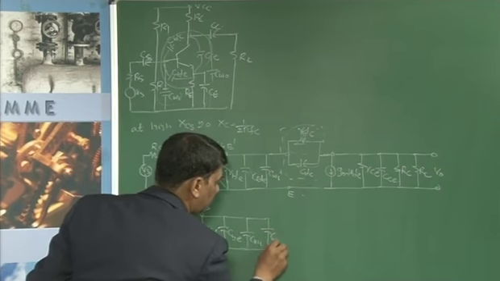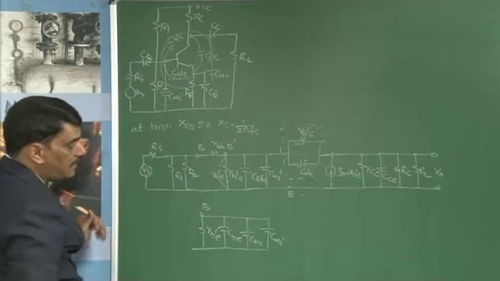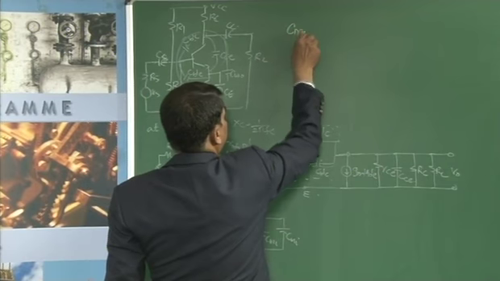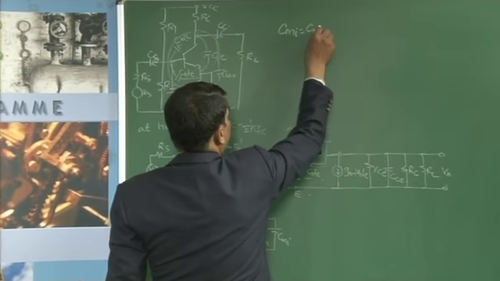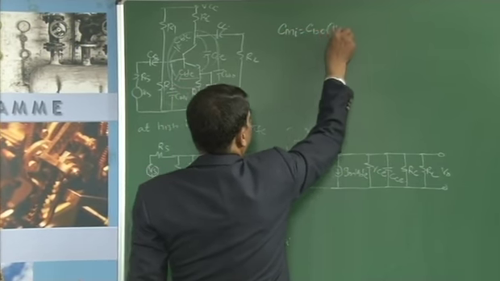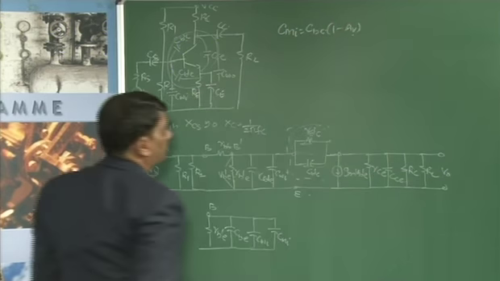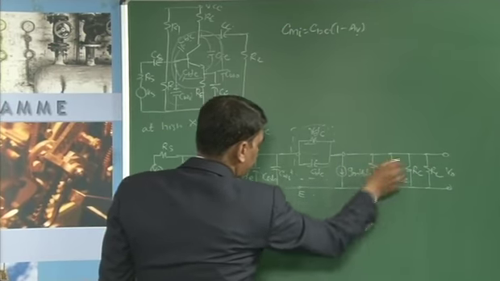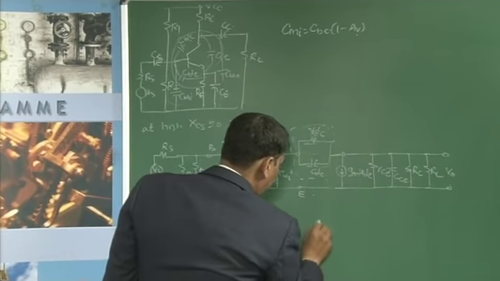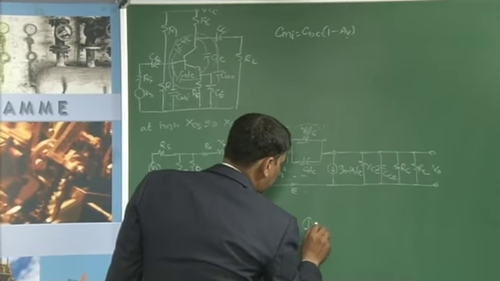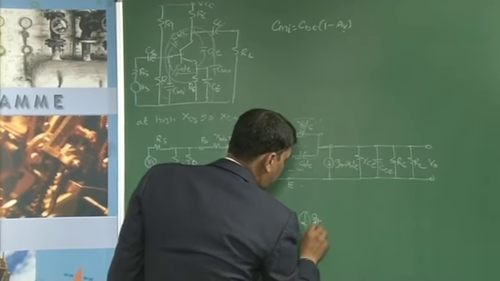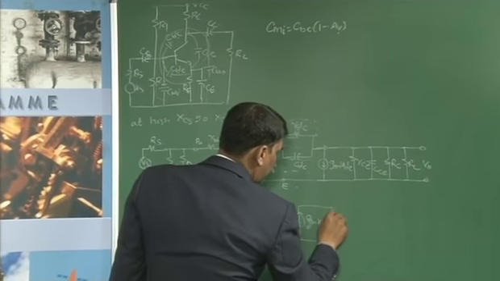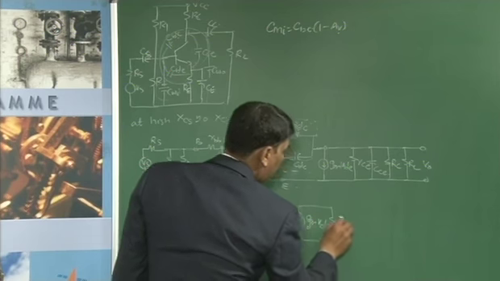This is nothing but CMI, where CMI is the Miller input capacitance, given by the expression CMI equals CBC times (1 minus AV). And similarly, on this path the resistance is also equal to this. Then the input and output are separate, and this current source is equal to gm times VB'E or VBE,